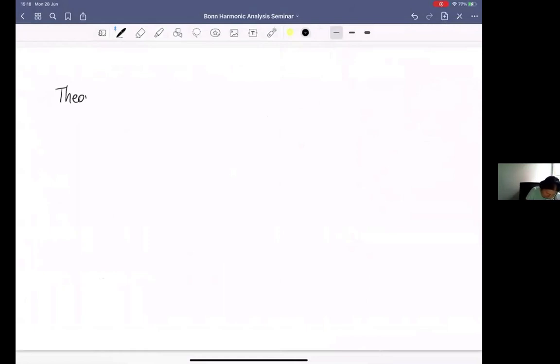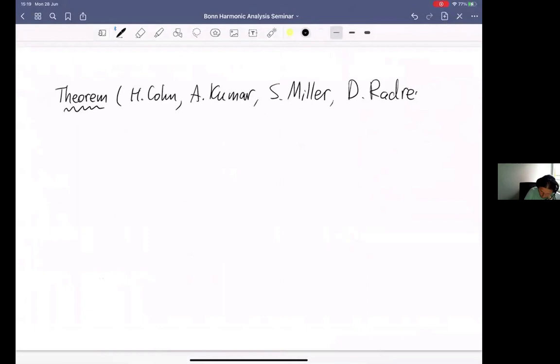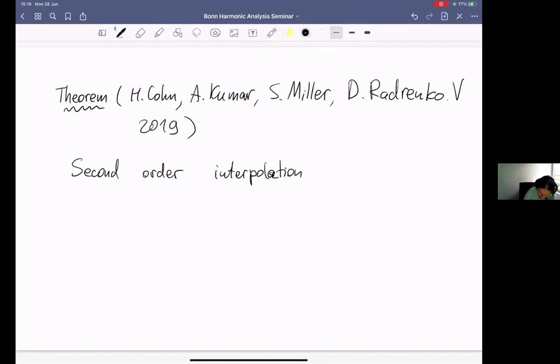This was a theorem together with Henry Cohn, Abhinav Kumar, Stephen Miller, and Danylo Radchenko. What we proved was a second order interpolation formula